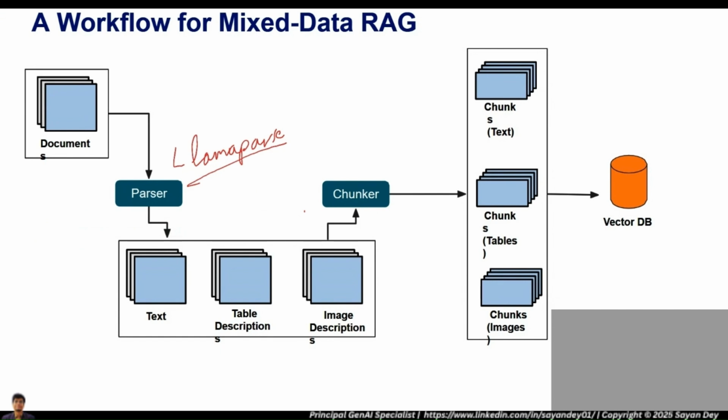It will create chunks of text, chunks of images, chunks of tables, and then for each of those chunks, it will do the embeddings. And the embeddings will happen separately for the text. And remember, there are different models for each one of them, right? We are not trying to create these models. They're all pre-trained models. Just like I showed you yesterday, there is the massive text embedding database MTEB benchmark,